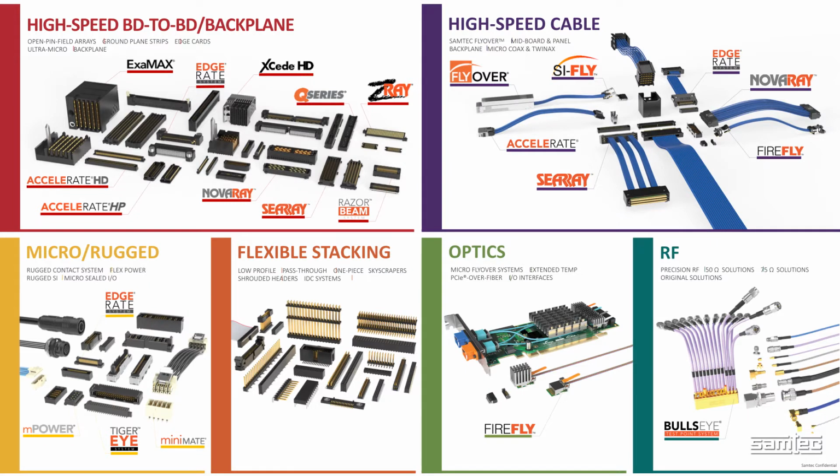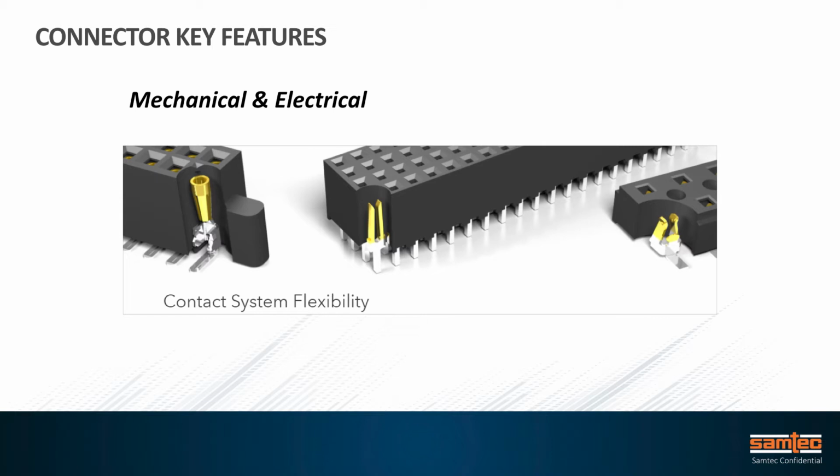Each of these can be broken down to features, and that's why Samtec shows them in what we call our solution blocks. We categorize them by high-speed board-to-board and backplane, high-speed cable assemblies, micro-rugged systems, flexible stacking, optics, and RF. During this presentation, we will dig into the details of the contact systems and components, but Samtec is very aware of the full system solution. From the source generating the signal to where it's going, we want to be fully aware of the full system